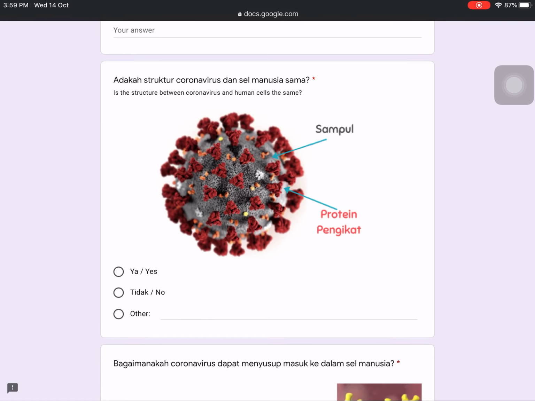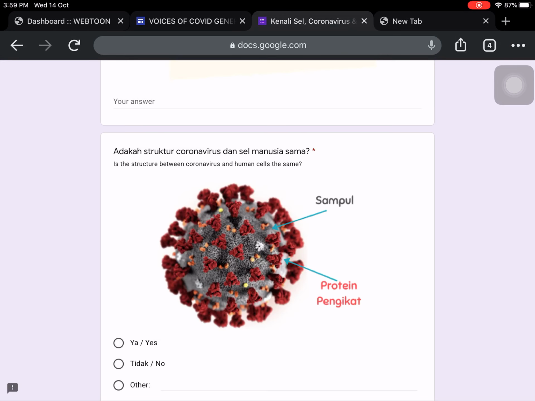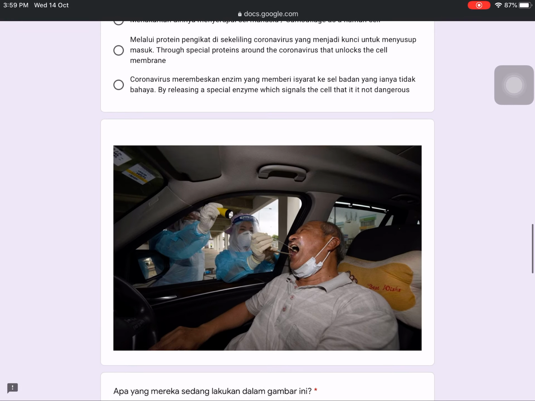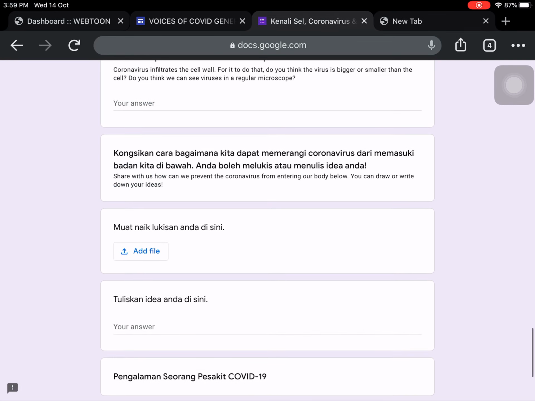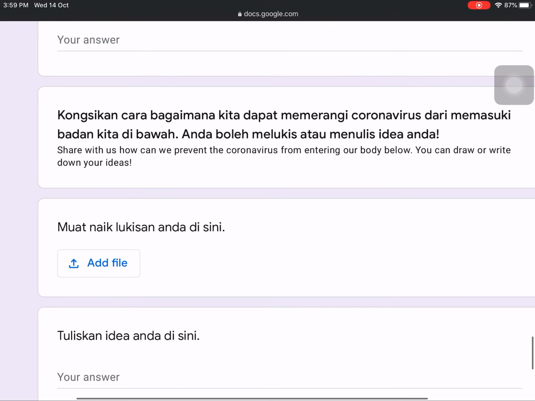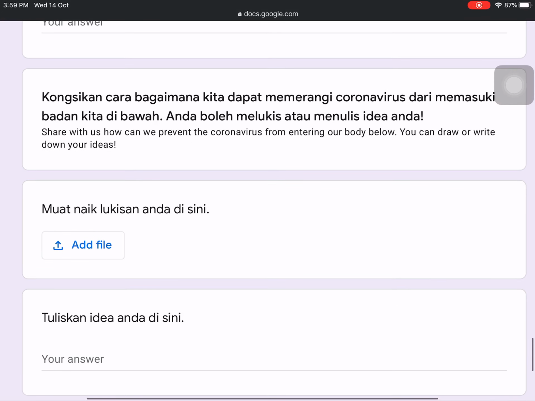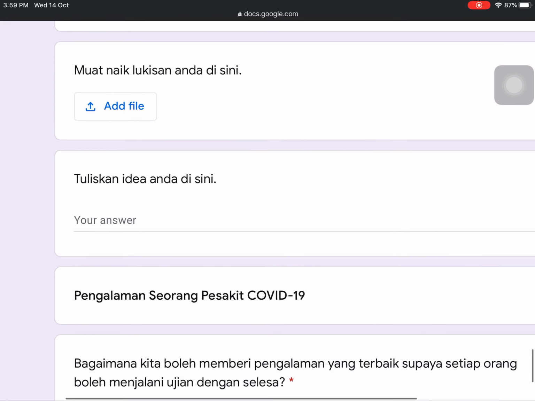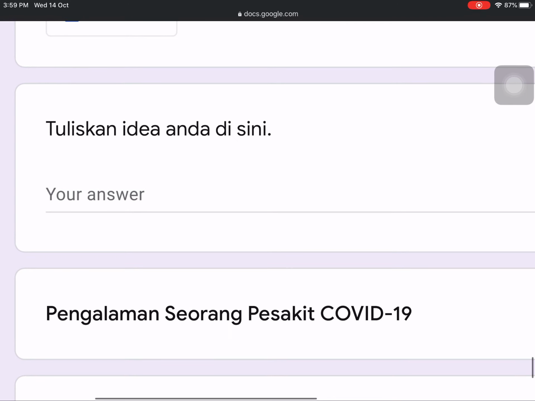Don't worry, this is not a test, this is not an exam with grades. You can go back to the website and then go to the form and find the information to complete this first activity. Okay, all right, so this one is more on facts. And then okay, here share with us how we can prevent coronavirus from entering our body. You can draw or write down your own ideas, and then you add the file here. Okay, add the file here for your drawing,